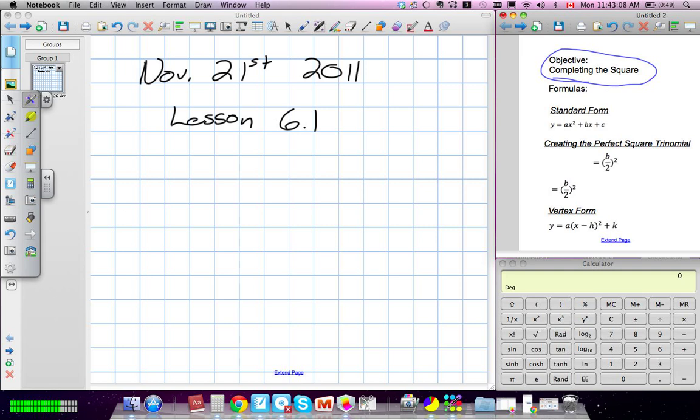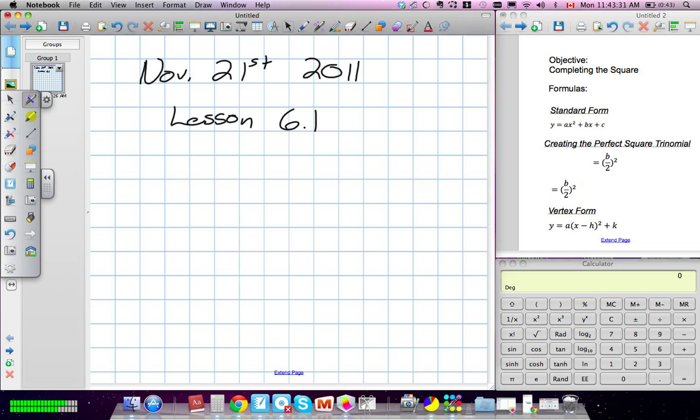The major formulas you need to know: standard form, vertex form, and this formula here, creating the perfect square trinomial. This is a little side calculation we're going to be working with. I put two of them just so I can grab one and move it to the other side quickly. Okay? Now, very first thing we need to talk about,